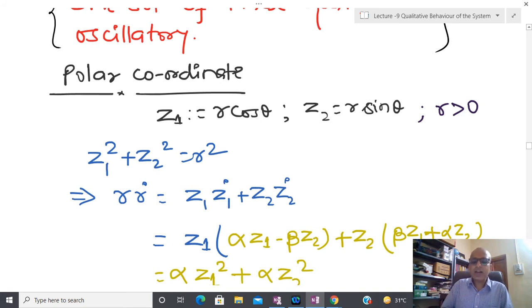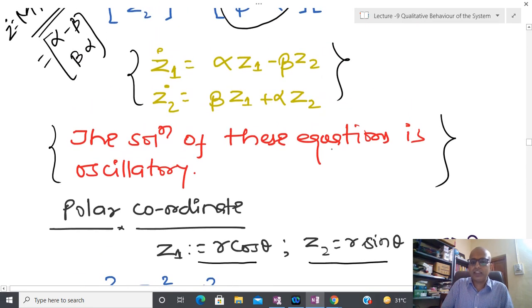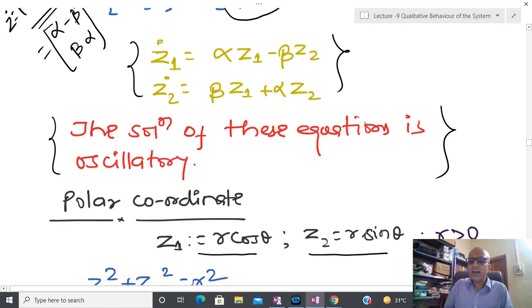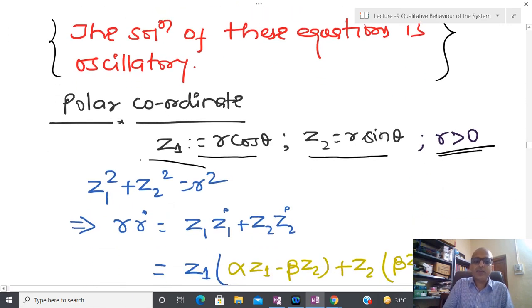Okay, now let us come here. I am going to introduce another coordinate system called polar coordinates. In polar coordinates I define z1 as r cos theta and z2 as r sin theta. Several times during your school time you might have done this kind of thing. Here r is defined through z1 squared plus z2 squared, so r is always positive. Does anyone have confusion? I have introduced this coordinate frame, and my idea is to simplify,